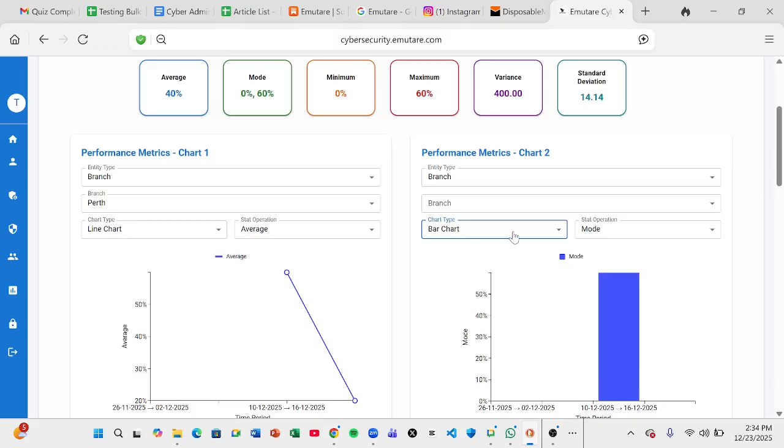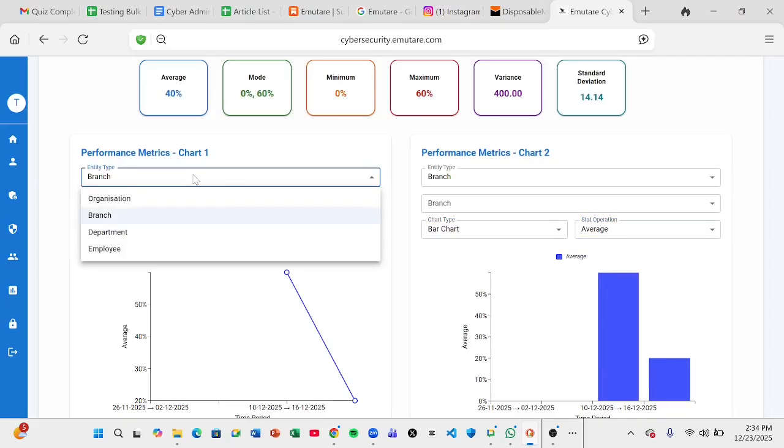So that is how to view branch matrix. Okay, that is how to view branch matrix. So next we view